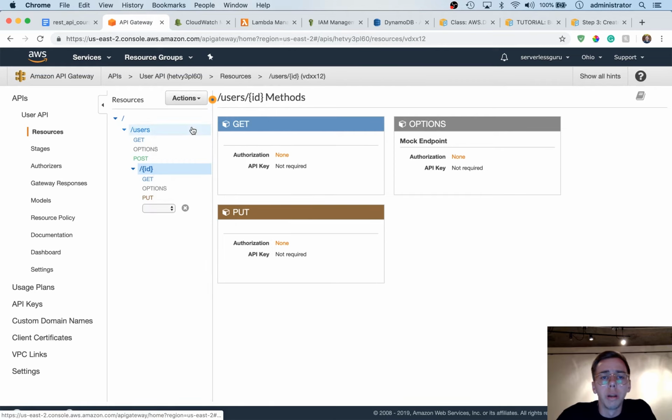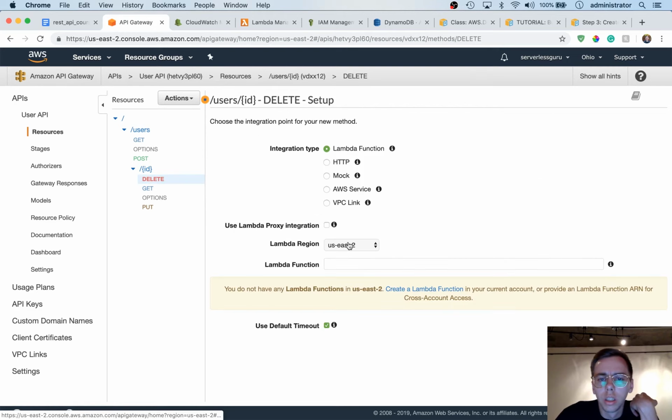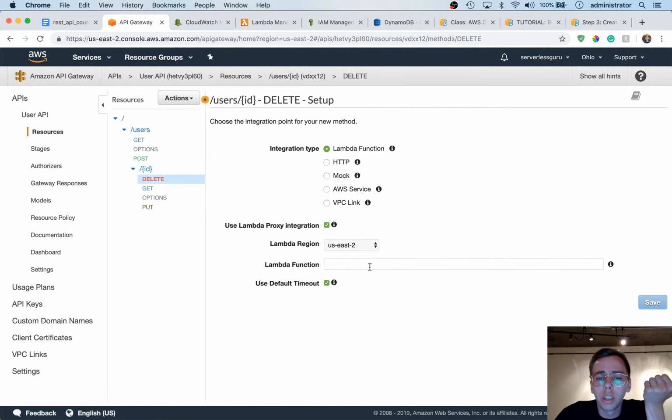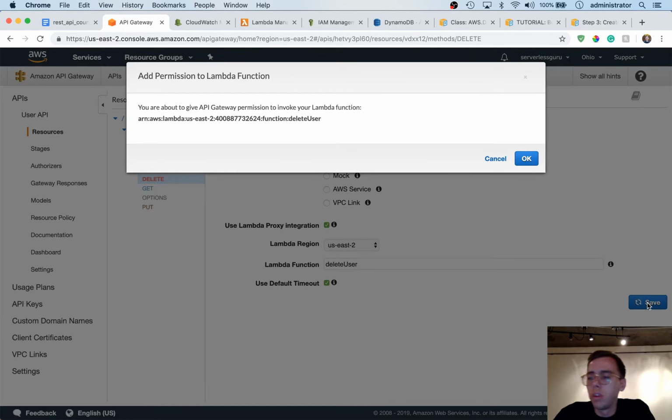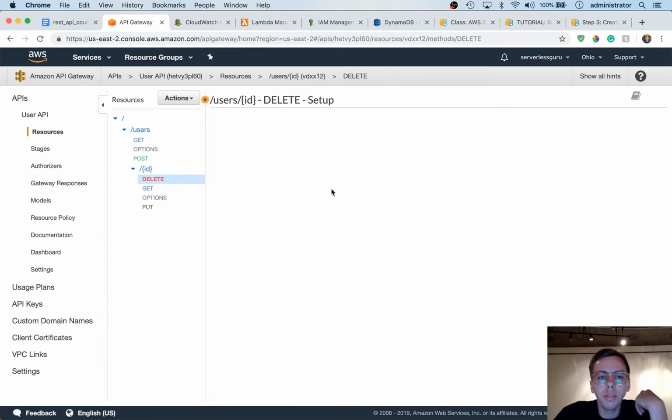So we're going to create a new method, excuse me, and then we're going to hit delete. Then we're going to select the delete and hook it up to our delete Lambda. We're going to select proxy integration. We're going to say delete user. And then now, once this is confirmed to be working,